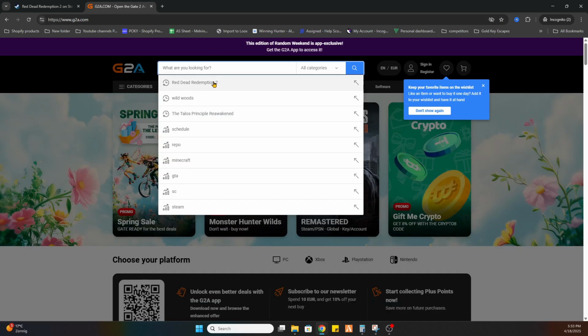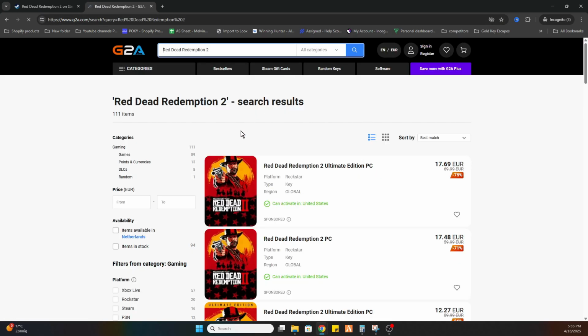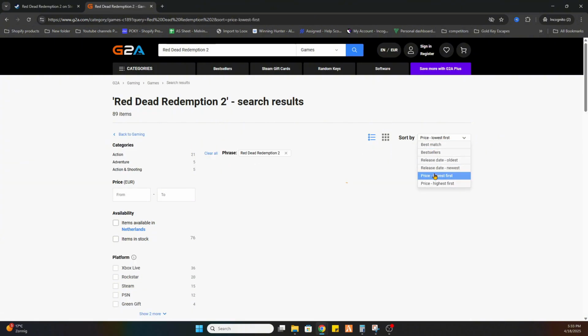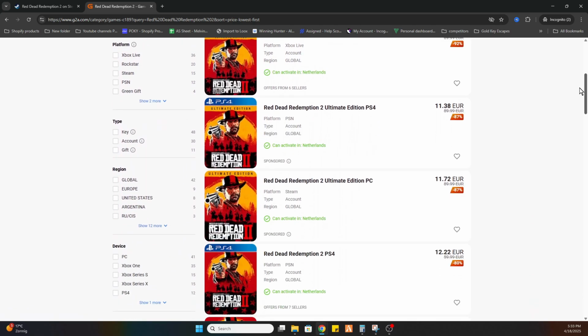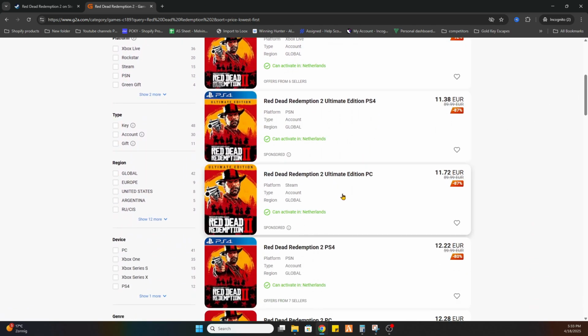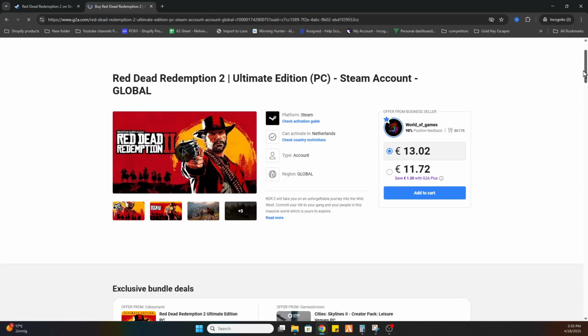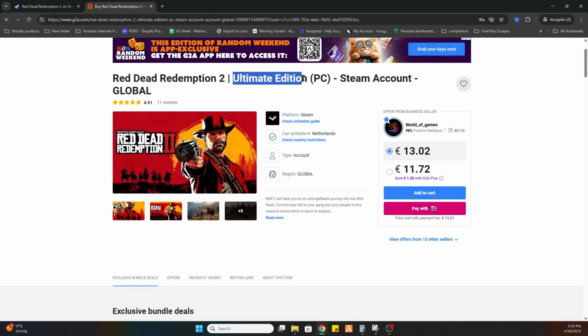What we will do now is search for the same game Red Dead Redemption 2, select games on the left side, then sort by price lowest first, and then we need to scroll a little bit down because we need to look for a PC version which can be activated in our country, so this text needs to be marked green. Now once you have found one, select it, and as you can see, this is the Ultimate Edition, so